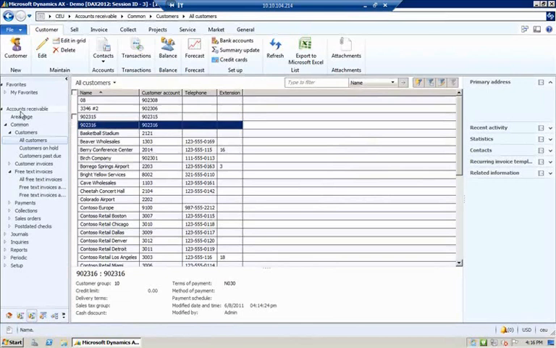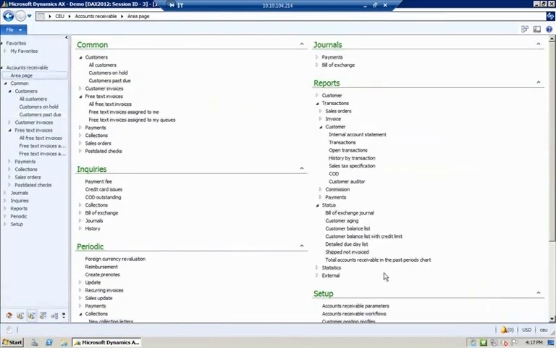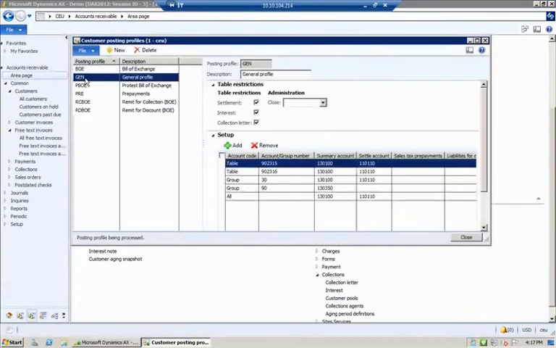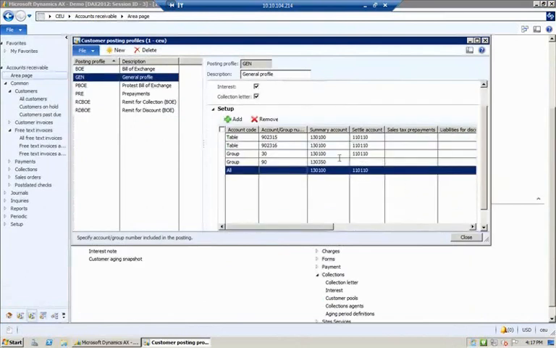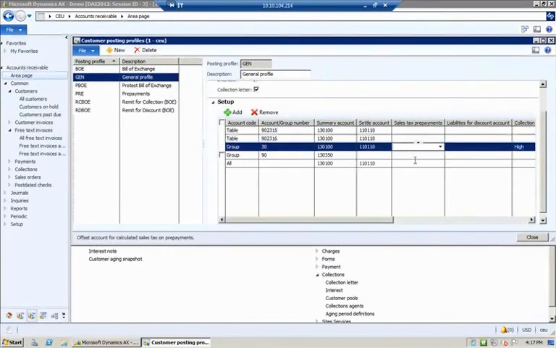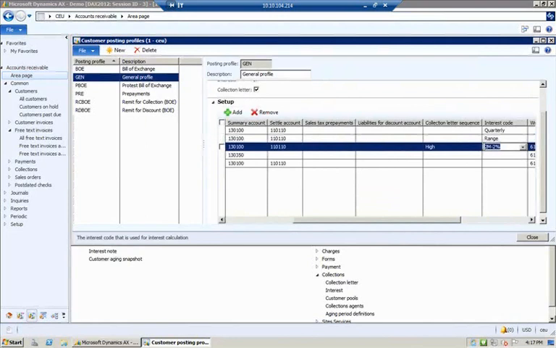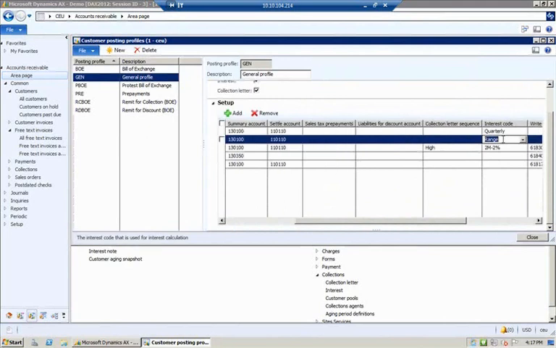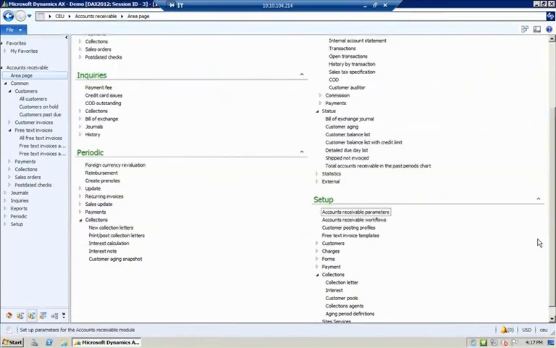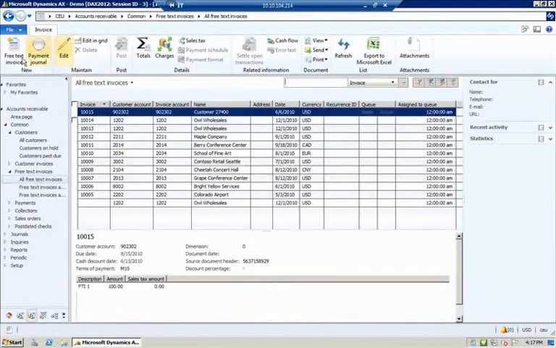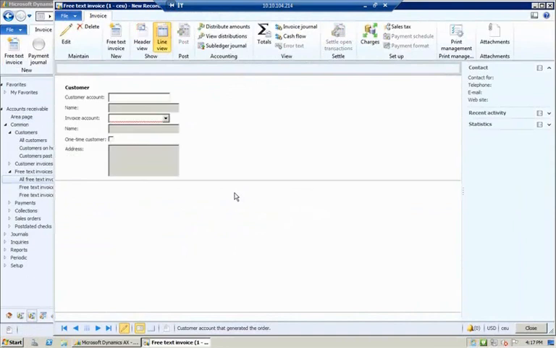So we have our customer 902316. We then need to go to our customer posting profiles. And for our general posting profile, make sure that we have a record entered for this customer. And we have this customer set up to use the interest code of range. Once that's set up, we're going to enter a free text invoice for this customer. So we'll go to the common area and accounts receivable, all free text invoices. Create a new free text invoice for this customer,